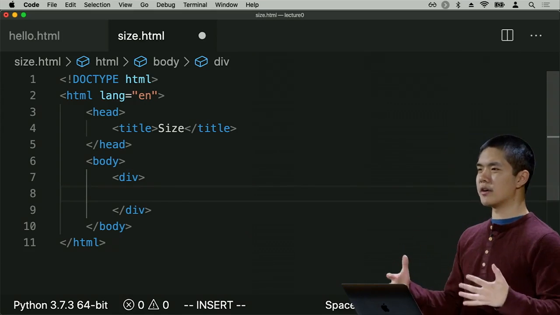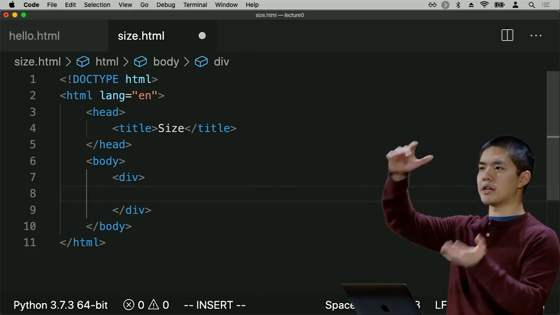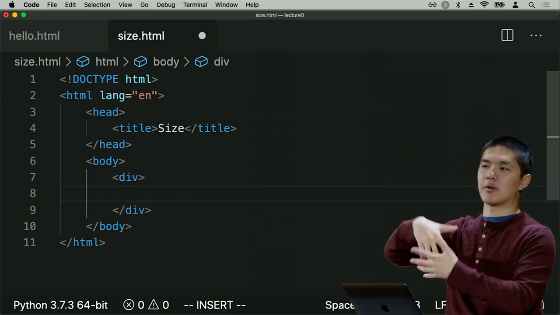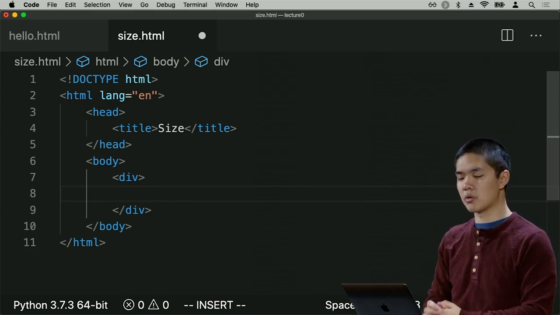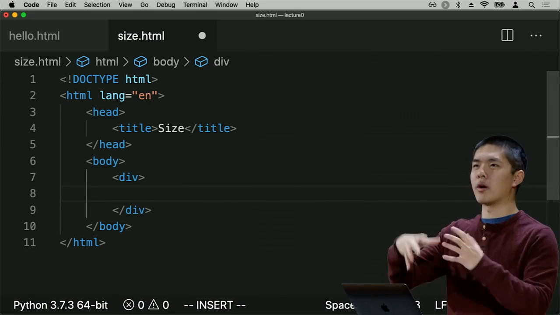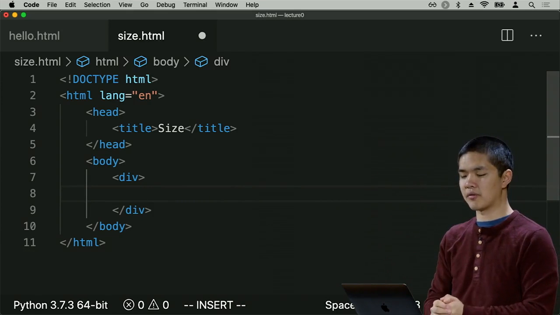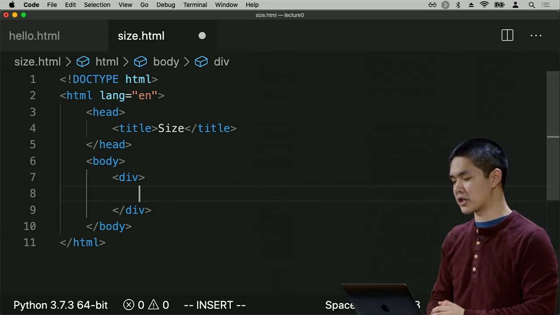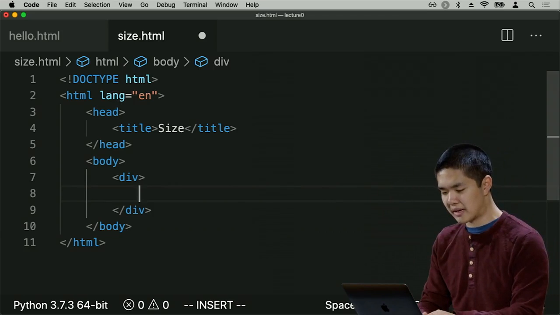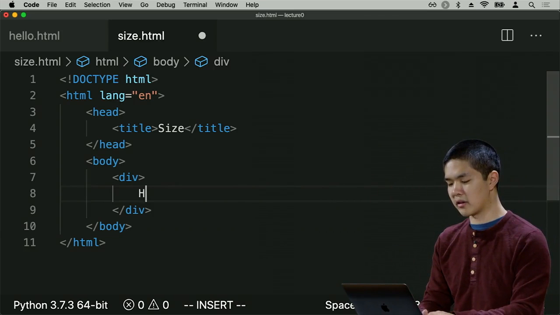You can think of a div as just a division of the page, some section of the page that's going to have some content inside of it. And we use divs because it makes it easy to reference a particular div or nest information inside of other pieces of information, or just to divide and break up our page into multiple different sections. Here inside of the body, I'm just going to have a single div that is going to say something like